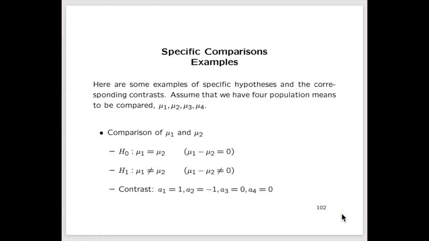Now here are some examples of specific hypotheses and the corresponding contrasts that we would use to test those hypotheses. Let's assume that we have 4 population means that are being compared in the analysis of variance, and then we're following up with some specific comparisons of interest. So the population means would be mu1, mu2, mu3, and mu4. And suppose that we specifically want to compare mu1 and mu2. All right, and we're going to do this using all of the data